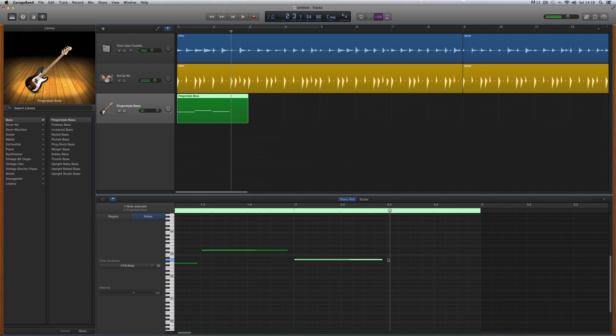And then there, on that beat, I repeat the A chord. So I'll put another note in there, Command, like that, boom. And that's that. Now, what we want to do now